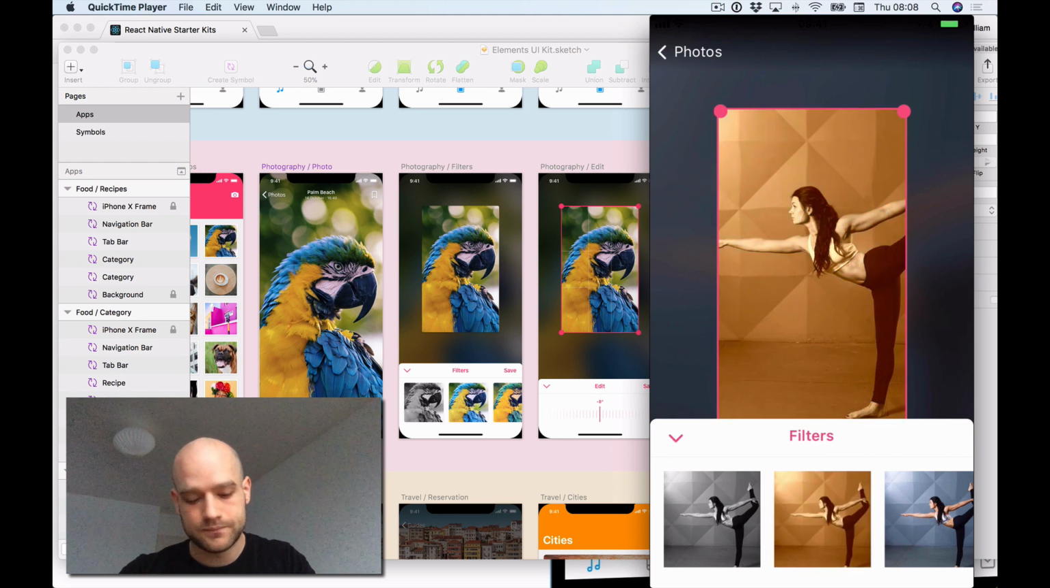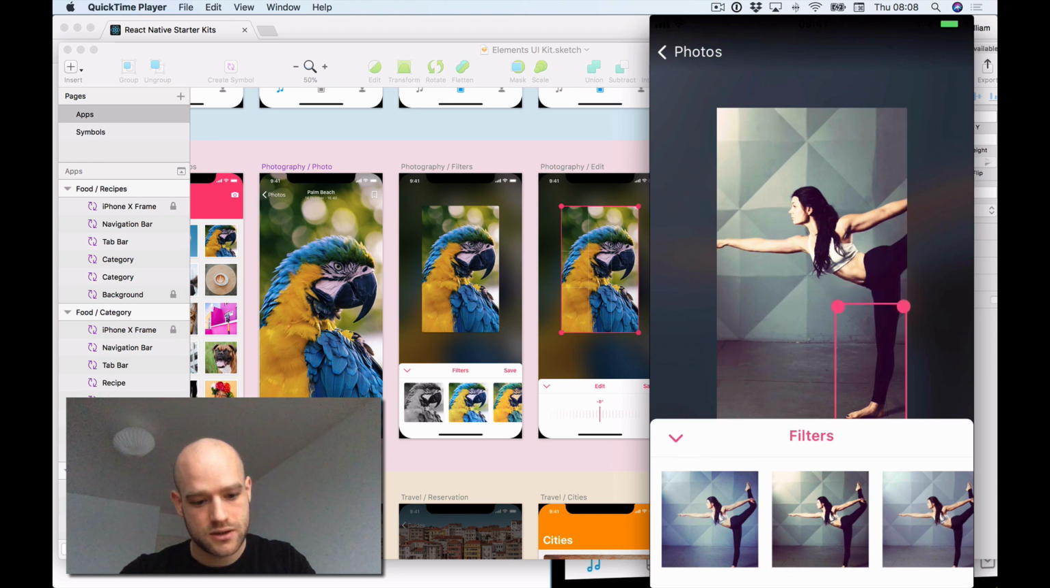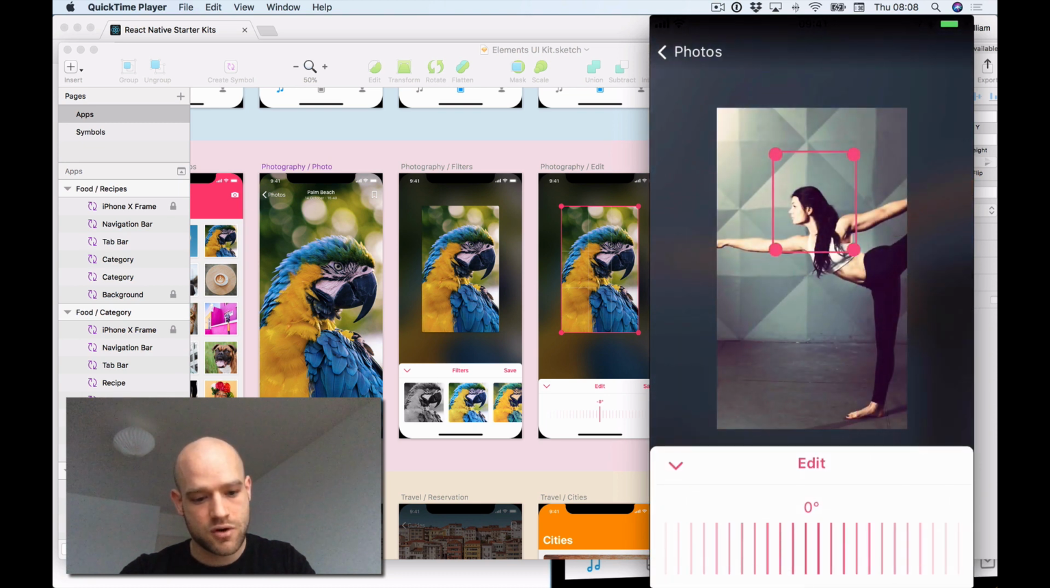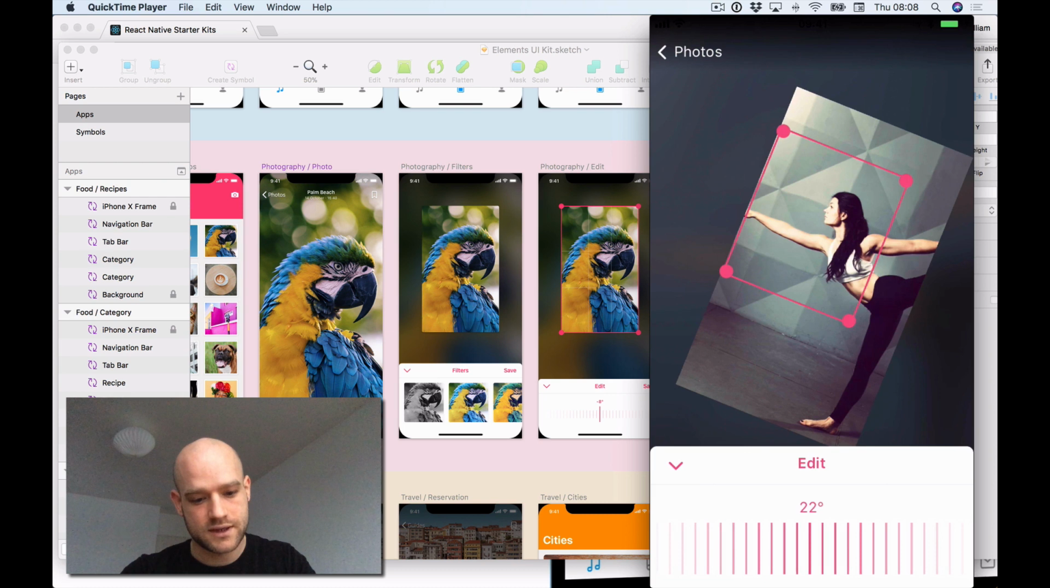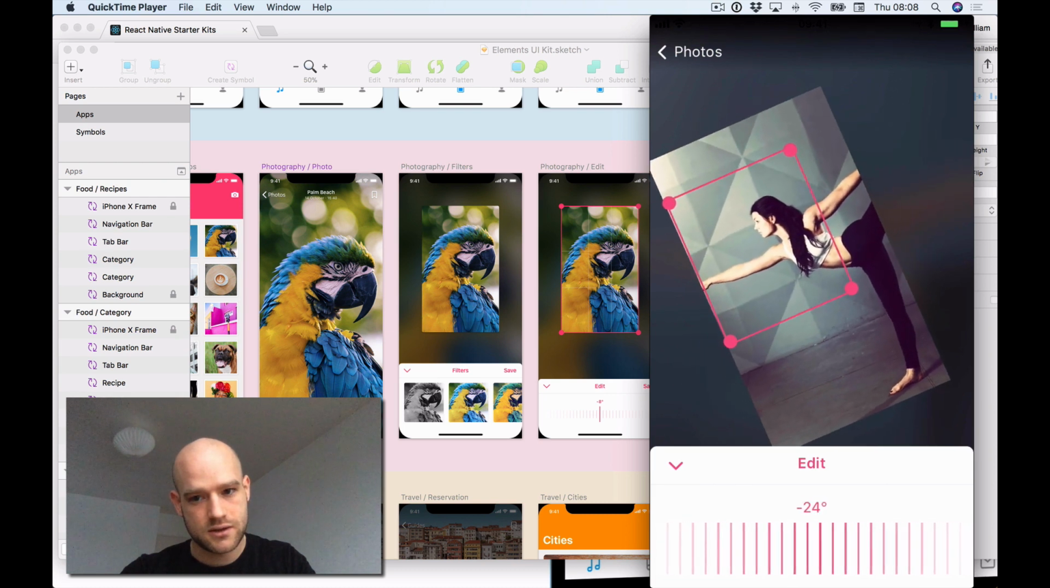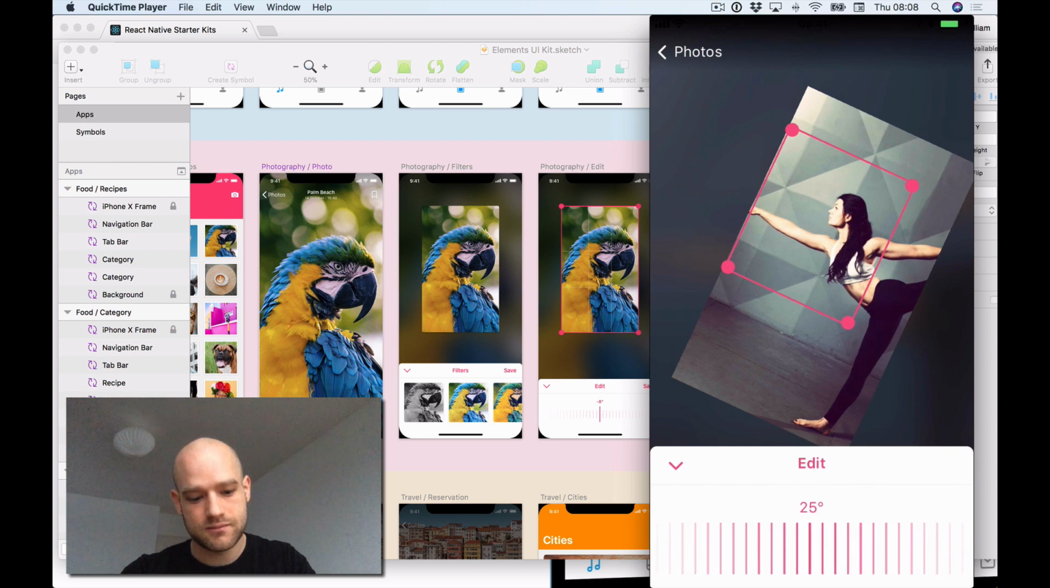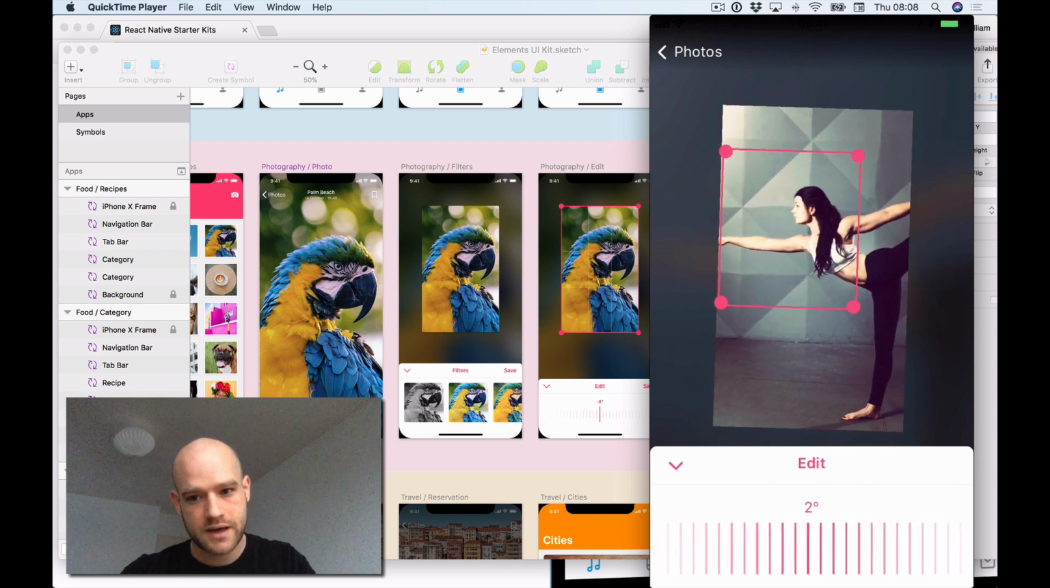But anyways, I can select a filter, and I can also crop the image. So you see it all runs very smoothly, and the boundaries of the crop work nicely, and I can also rotate the image. It's also all using native animations, except for